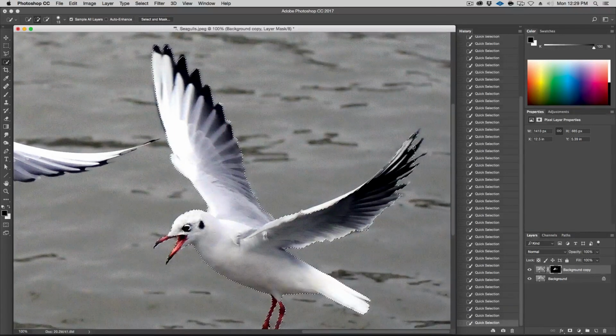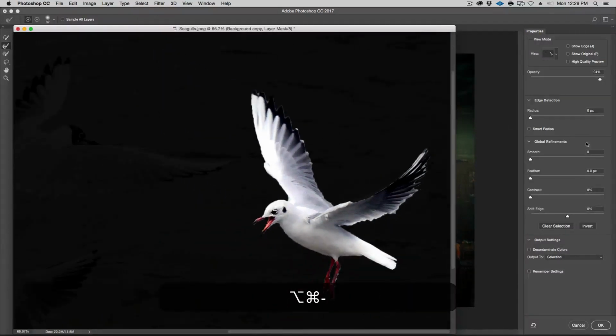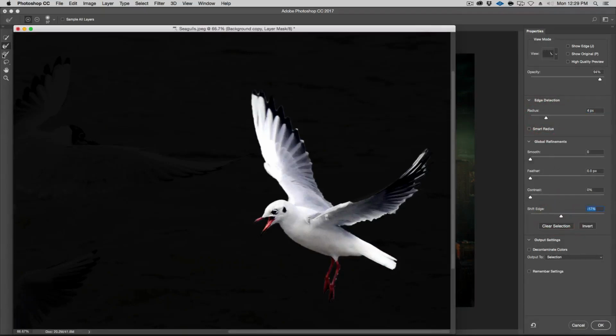Okay, so in here we go, something like this. Now select and mask, and then let's just zoom out a little bit. Let's give it a little radius, a little more. Let's shift the edge a bit. And I'm going to take the refine edge brush here, and I'm just going to say right around here by the wing, you know, there's some transparency. Ooh, a little too strong. Let's make that smaller. It's right here and here, maybe a little up here.